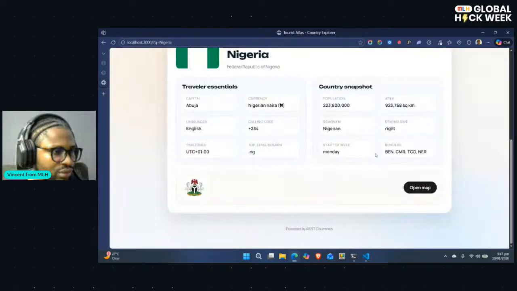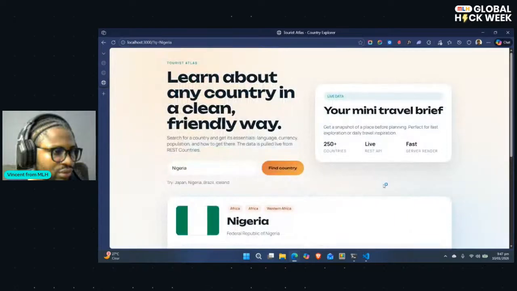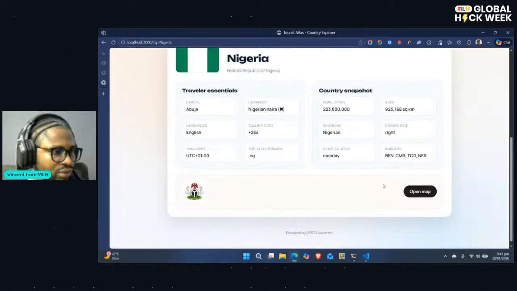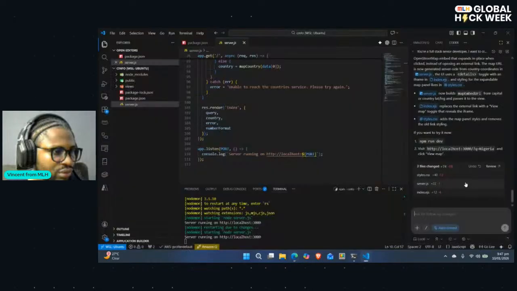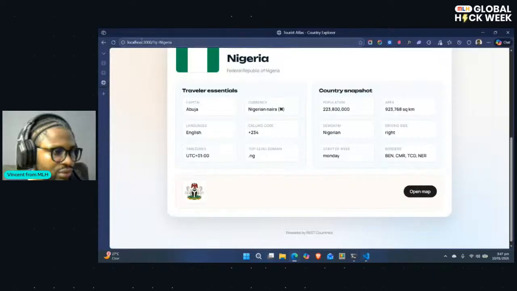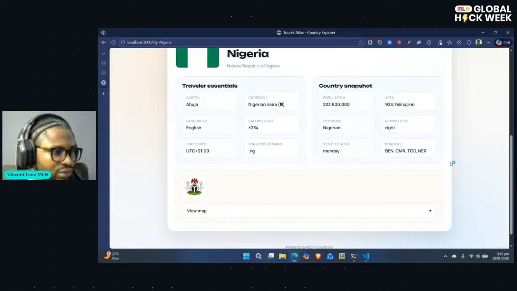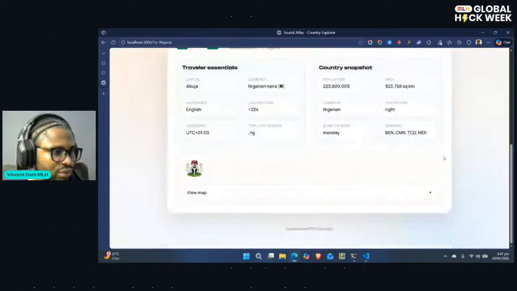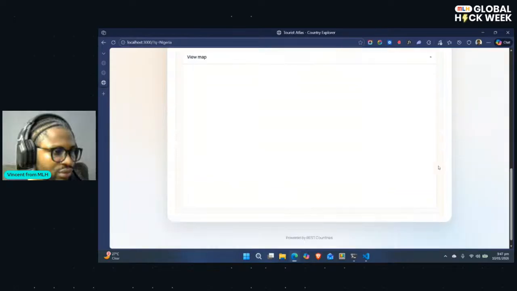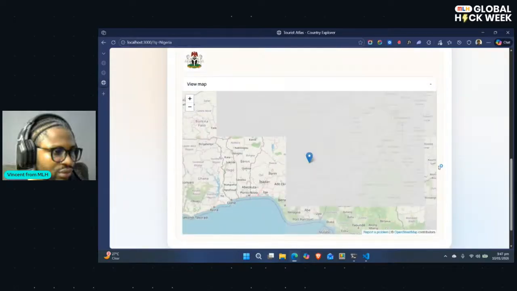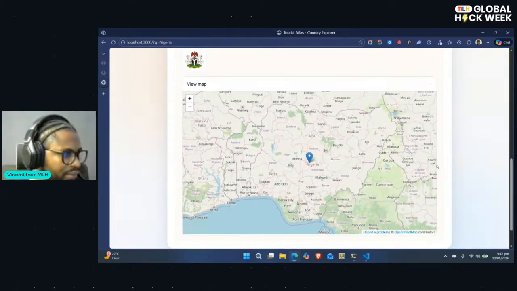Let's see if it will do that for me. Okay, I think it's done. So let's test it out. I'm just going to refresh and see what happened. I see. So it gives me view map. I click on view map and it loads the map. Pretty cool.